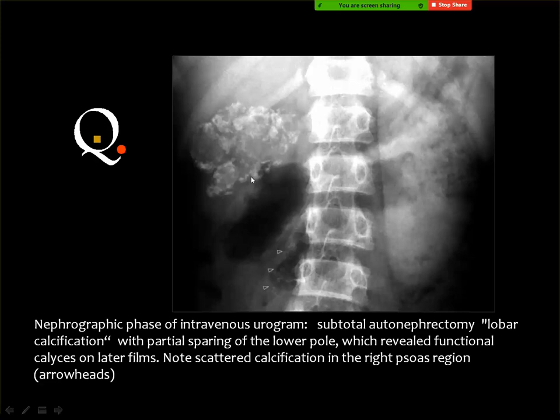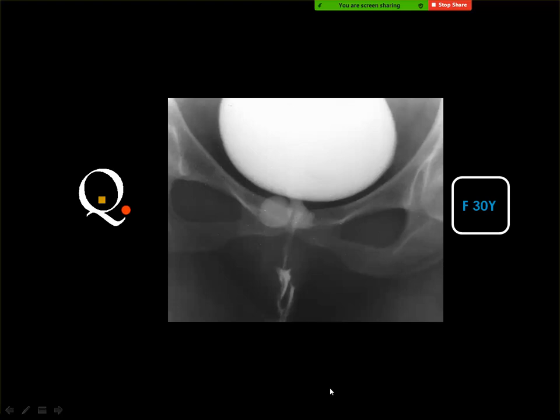What do you think of this lesion? Putty kidney? Yes, and this is putty kidney with TB. And I have emphasized this fact many times in the lectures. Whenever you see calcium in the kidney, which is most likely non-functioning, you think of TB, and also if you see calcium in the ureter you think of TB, but this kidney may be normal, and this is the early phase of the intravenous urography. But calcium in the region of the kidney, which is most likely non-functioning, is highly suggestive of renal tuberculosis.